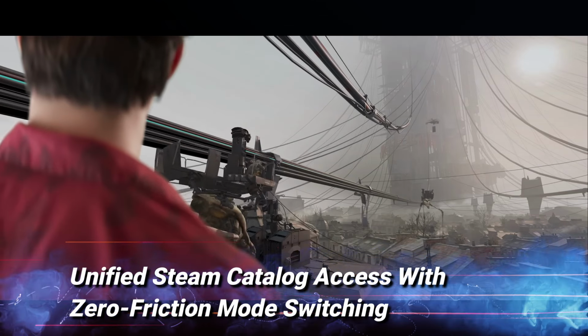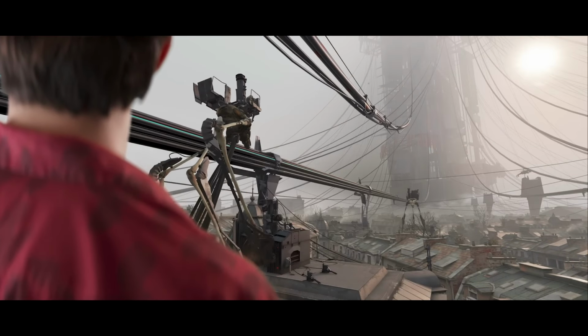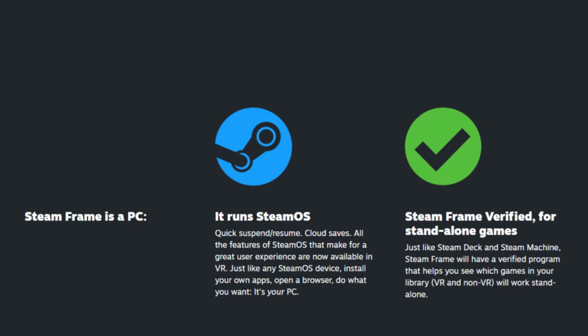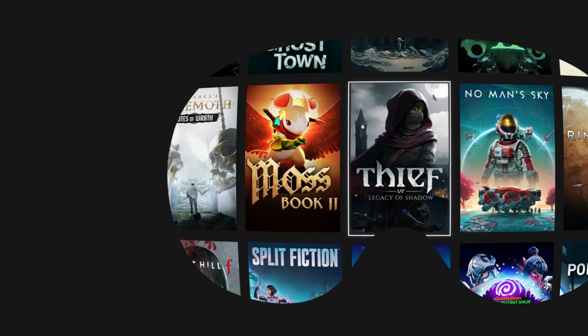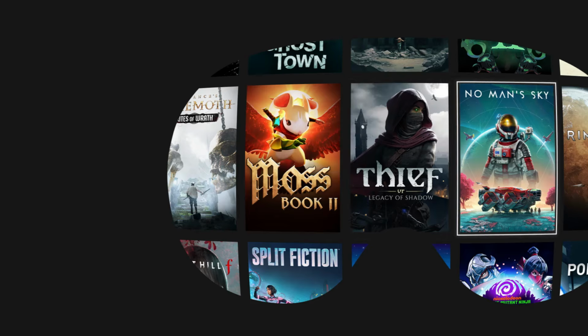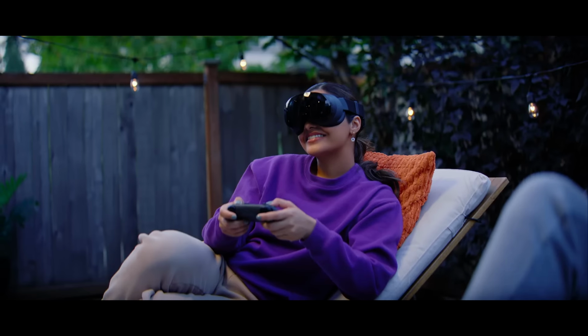Unified Steam Catalog access with zero friction mode switching. A defining principle of Steam Frame is eliminating artificial separation between VR and non-VR games. When you put it on, your Steam library appears in front of you. Not a special VR subset, but the full catalogue. You decide in that moment whether you want a VR session or a traditional PC title streamed into a giant